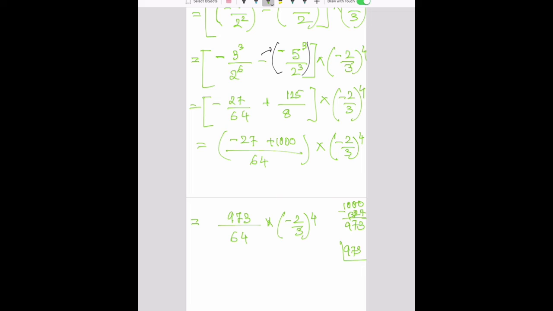Let me cross check. There's 27. Okay. Great. Let me check if it's 9. Let me do the prime factorization of 973. I think it goes with 7. But even if it does not go with 7, you don't have to worry about this. We'll keep it 973 into,